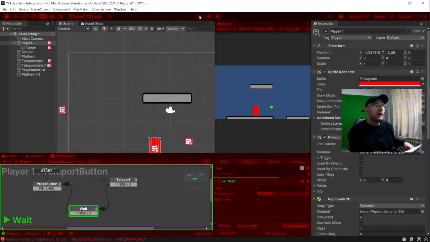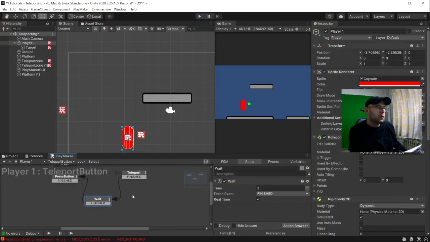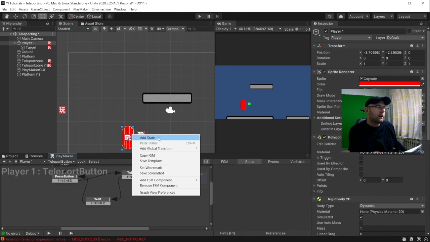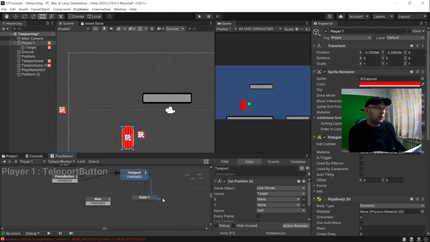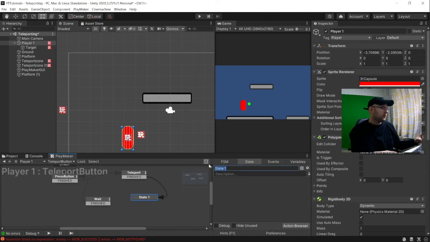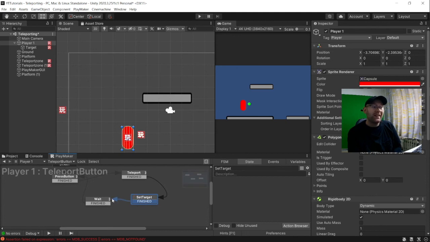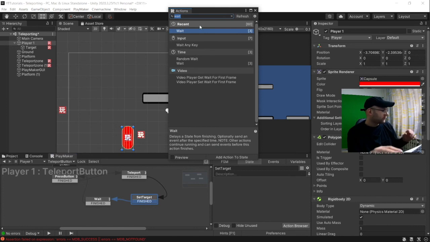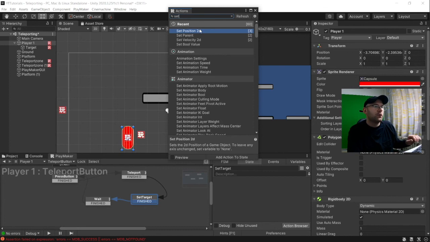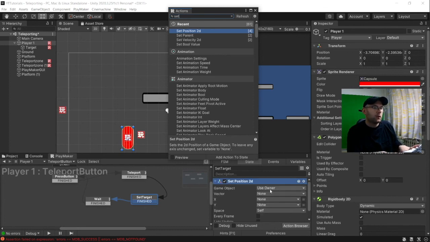So then let's do this, add state. Here we'll call this set target. So in my demo of me doing this to make sure it all works how I wanted it to for this tutorial, that worked absolutely fine. So here let's try set position 2D. And